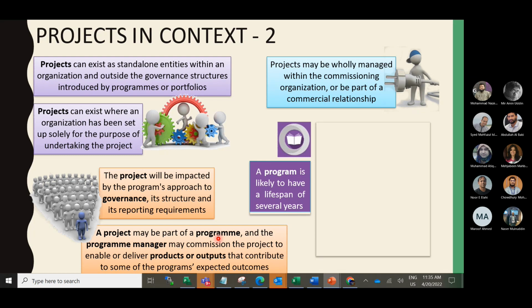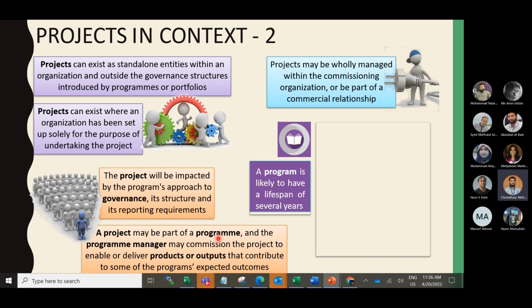Maybe for geographical locations, they have different types of versions. And according to the large program, which might be like 4 years, there is the project roadmap, the program roadmap. So they have different project objectives as well. I'm giving different types of examples so that you can understand these things more clearly.